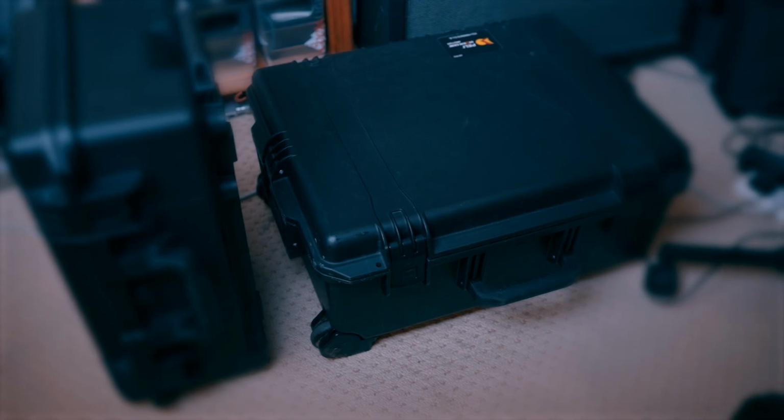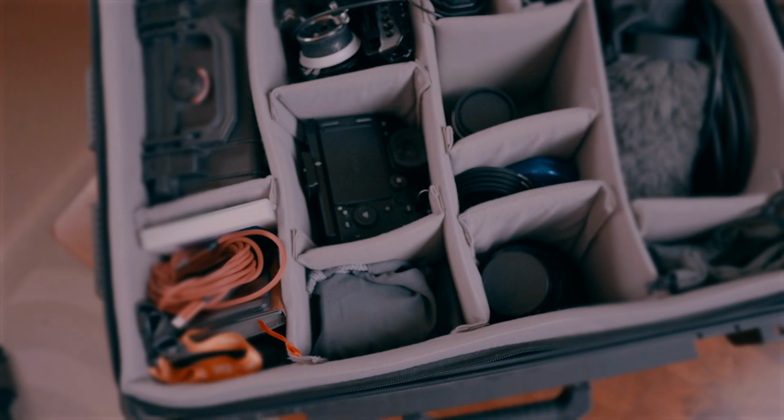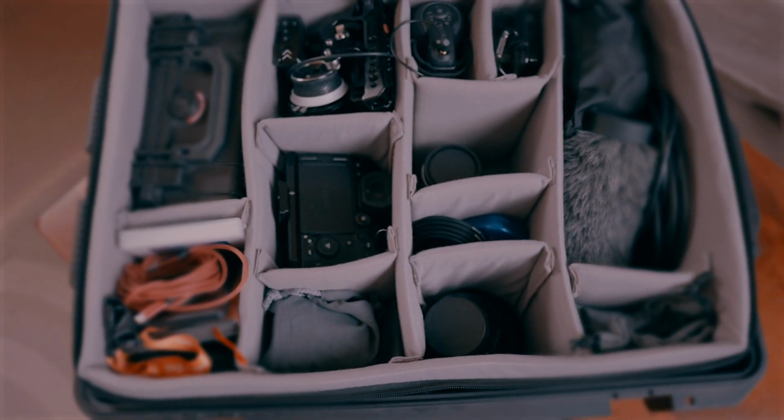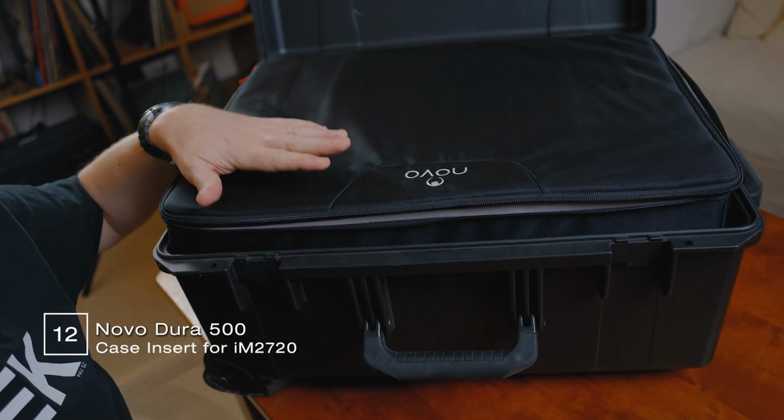I love this case because I can fit everything I need on an unknown shoot, so maybe not planned in detail, so I don't know what lenses or cameras I might need, so everything fits in this one secure case. I forgot to mention that I also use this Novo insert for my Peli Storm